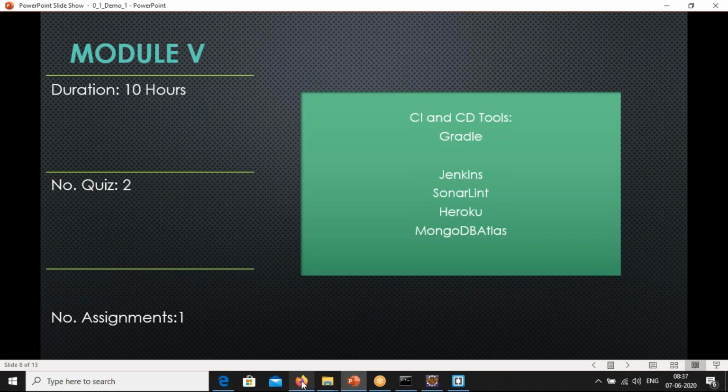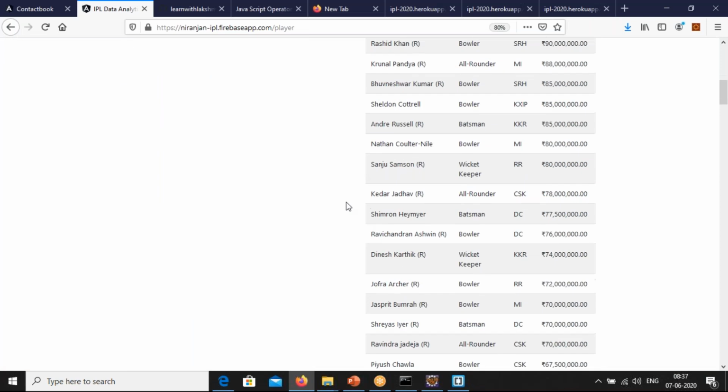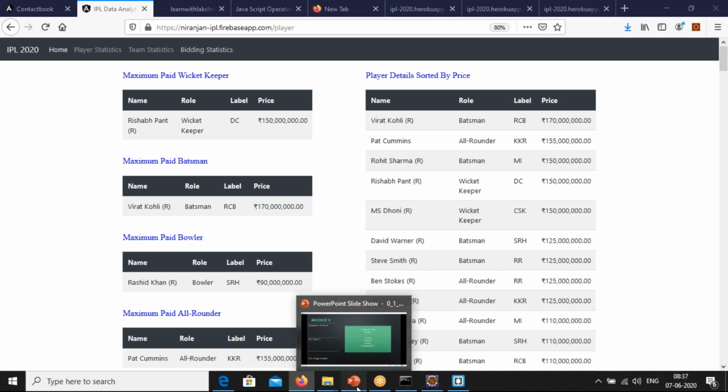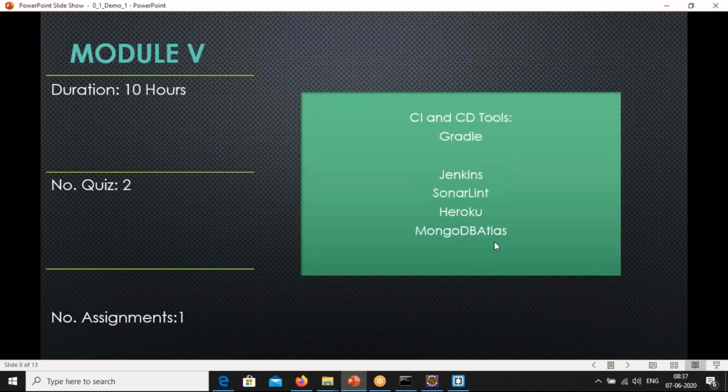So this application, wherever you are getting the data, is deployed in Heroku. The application backend server is deployed in Heroku, and that is connecting with MongoDB. MongoDB Atlas is also a cloud service, which gives up to 512 MB for free. They will give you a single cluster. You are going to give the details here, and by using Mongo Atlas you will be connecting. So from your application, you are going to connect with Mongo Atlas, and this application is deployed in Heroku,